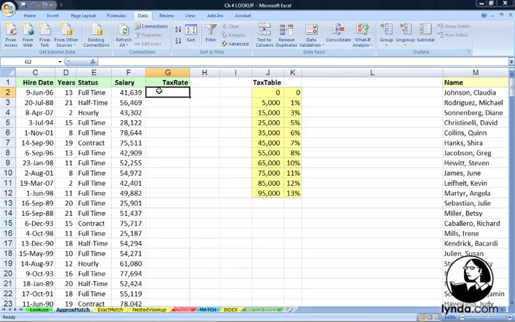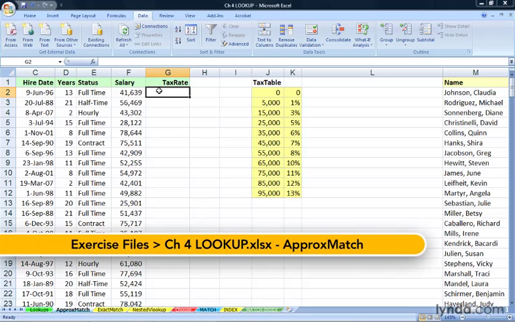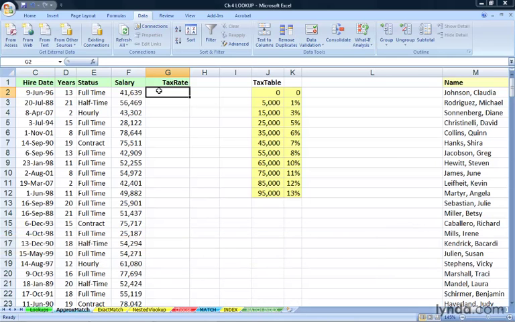In the worksheet we're seeing on the screen here, in cell G2, we want to calculate the tax rate. But rather than actually calculating it, we want to look up the information in a tax table. Now, yellow cells to the right comprise the information of the tax table that we actually need. This might be in a different worksheet or in a different workbook, but for ease of use in setting up the example, it's very helpful to have this nearby, at least for a while, as we're testing a lookup function